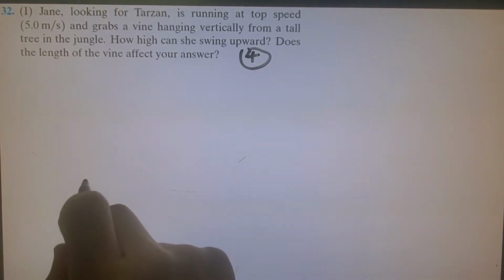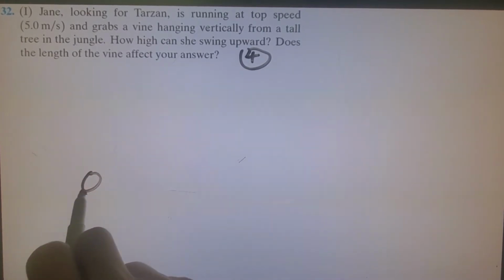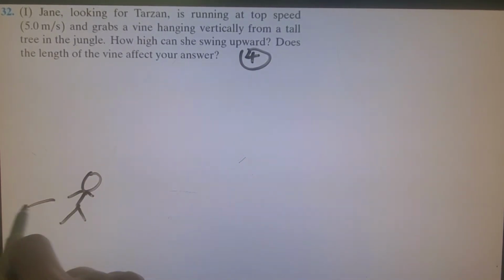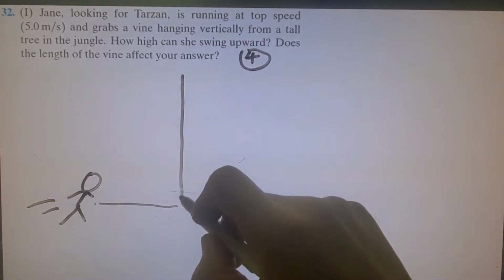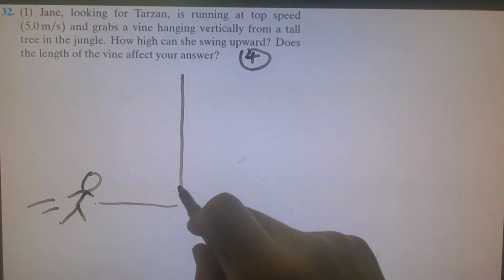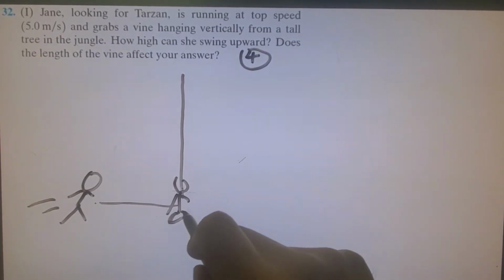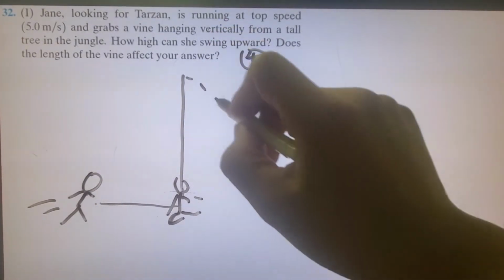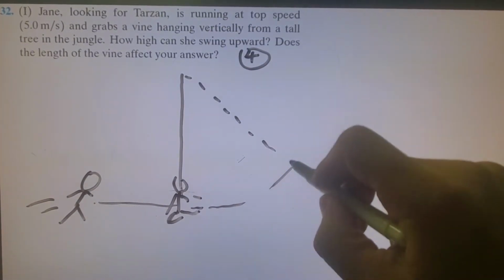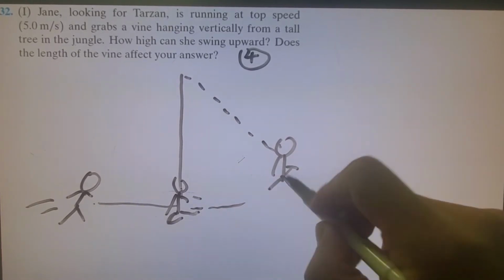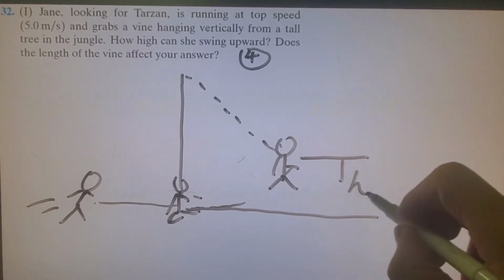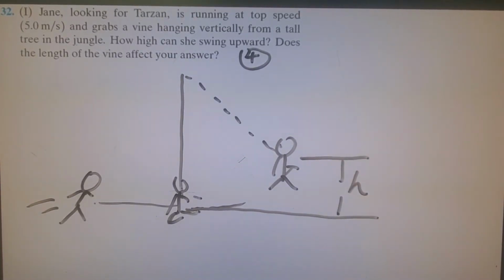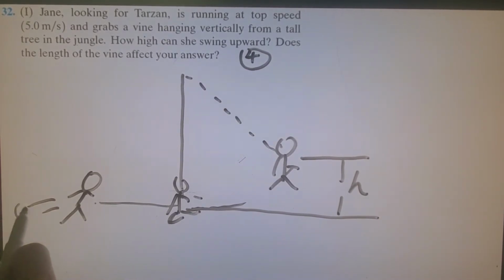What happened is this person is running very fast in this direction. There is a rope over here. When she comes over here, she grabs the rope and hangs on it, and the next moment she is going to swing up over here. So the question is, how tall should Jane swing up? Over here I call this 0 height.